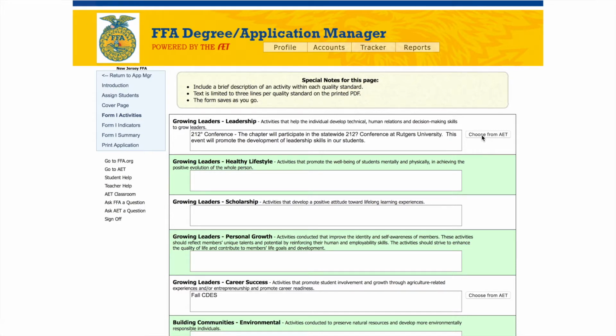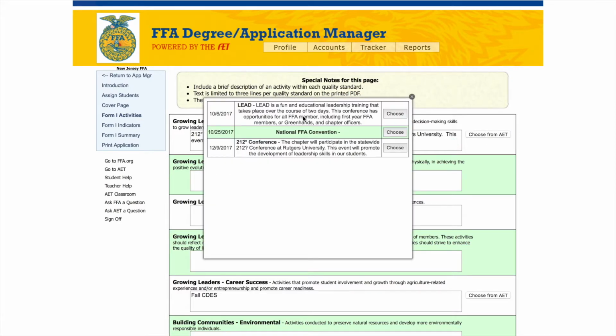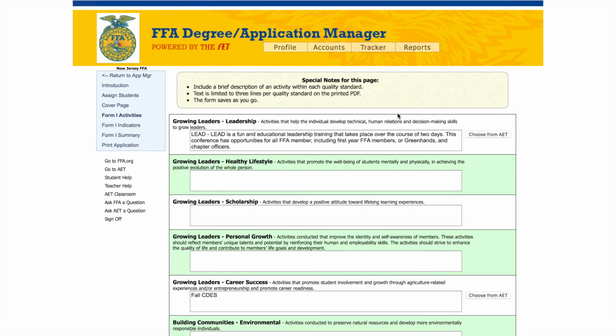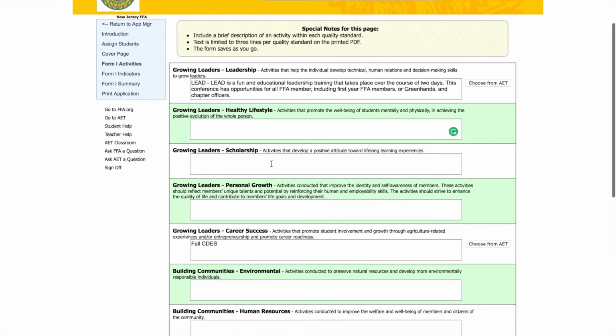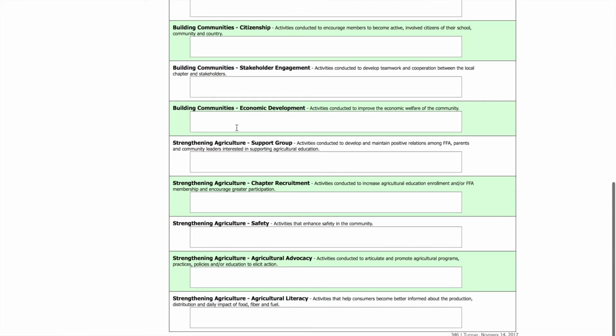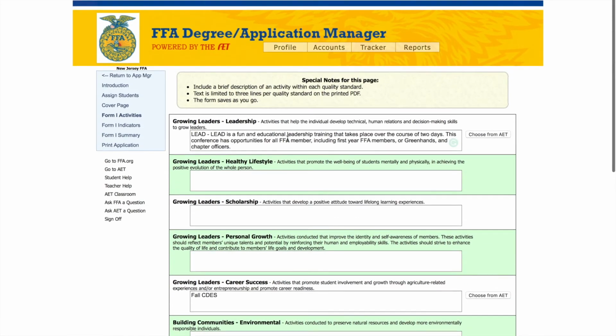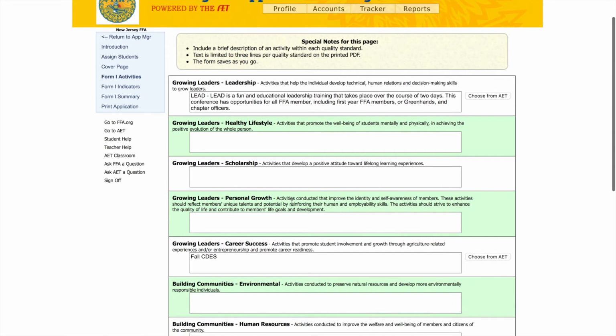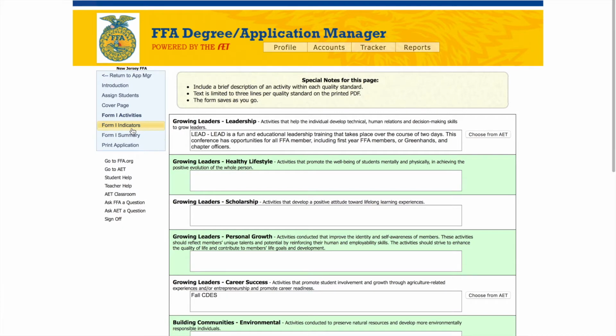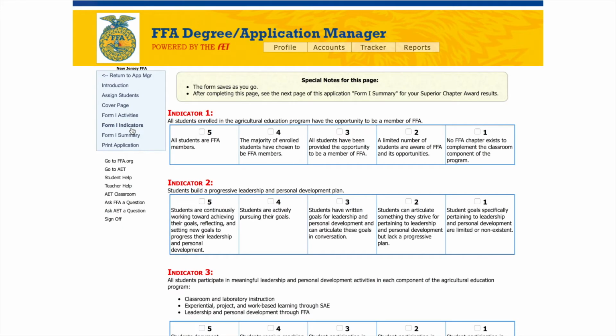Let's make sure that when we hit choose from AET, we'll see multiple events or activities that can fit in this quality standard, but we're going to pick the best activity that we have to offer for this quality standard. And we'll make sure to do that for all 15 of the quality standards. So we'll be picking the best activity we have. Once we do that for all 15 of these quality standards, we can head over to Form 1 indicators,